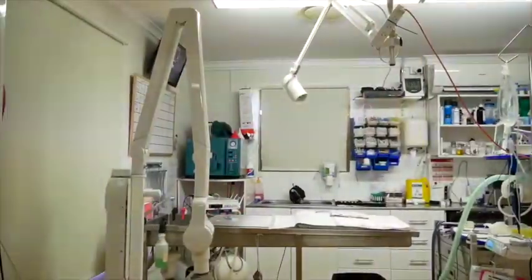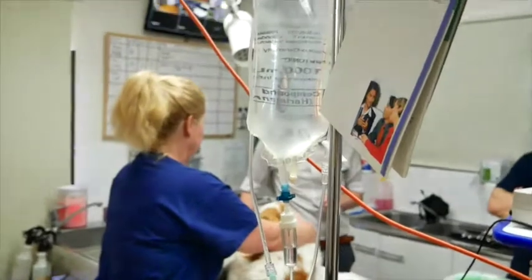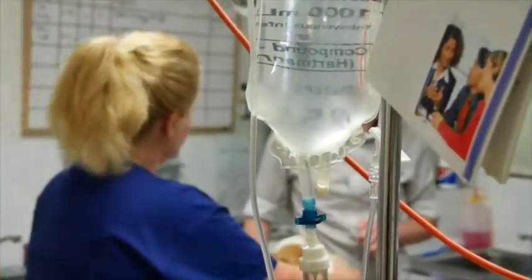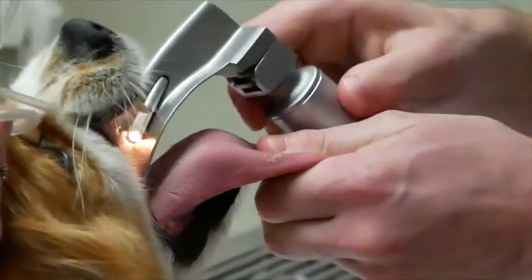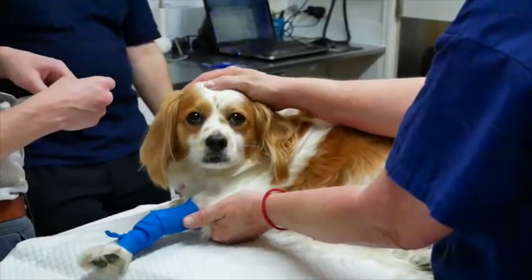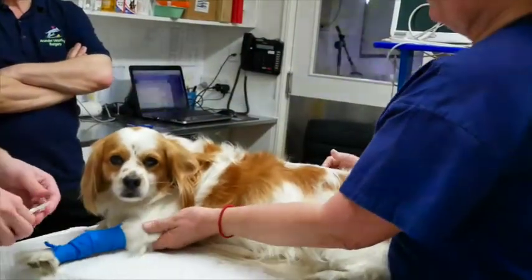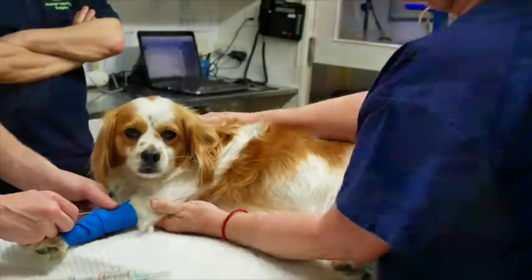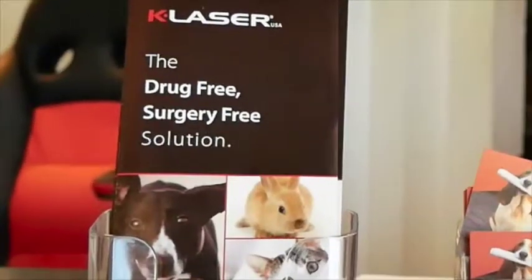However, we've extended into much higher levels of equipment and expertise, and have been told by many other vets that have visited the practice that we're the best equipped practice on the Gold Coast. We do high-end ultrasonography, video otoscopy, ECG, digital dental x-rays, endoscopy, chemotherapy, and have extended in the past 18 months